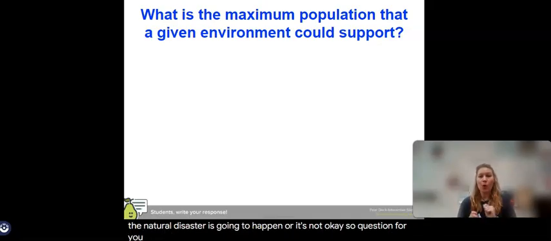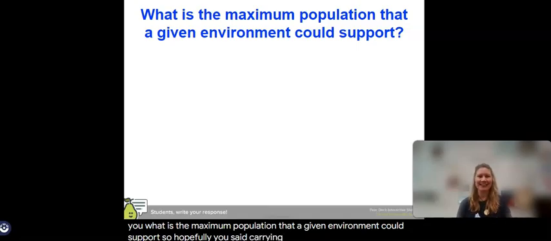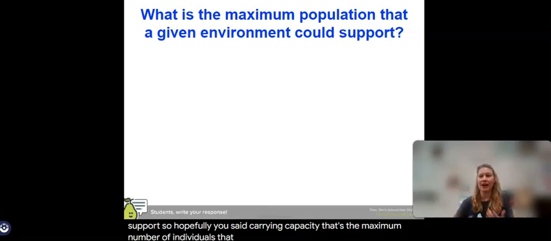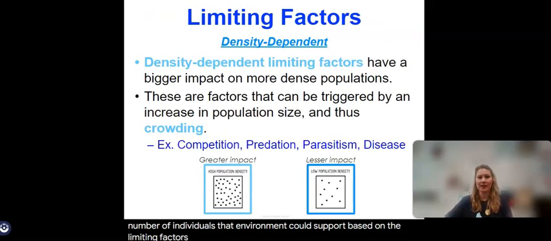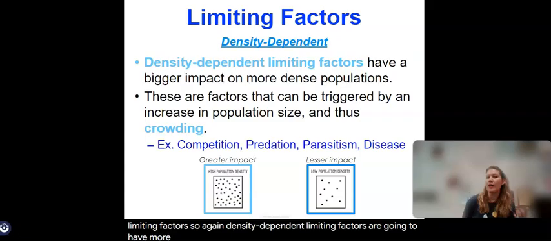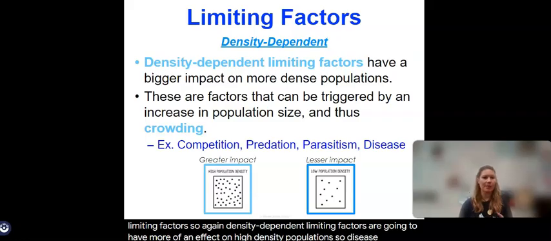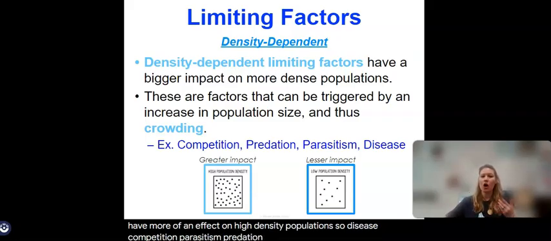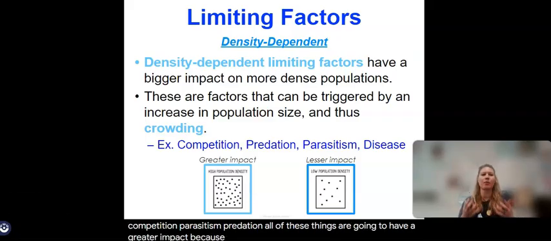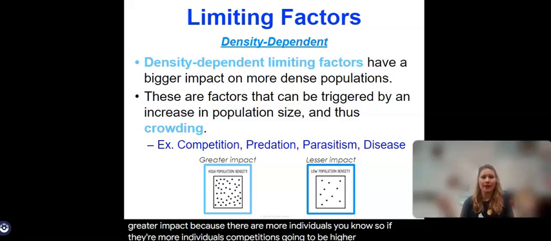So question for you. What is the maximum population that a given environment could support? So hopefully you said carrying capacity. That's the maximum number of individuals that an environment could support based on the limiting factors. So again, density dependent limiting factors are going to have more of an effect on high density populations. So disease, competition, parasitism, predation, all of these things are going to have a greater impact because there are more individuals. So if there are more individuals, competition's going to be higher, right? You have crowding